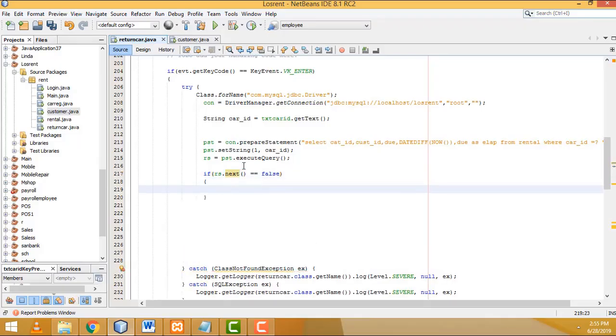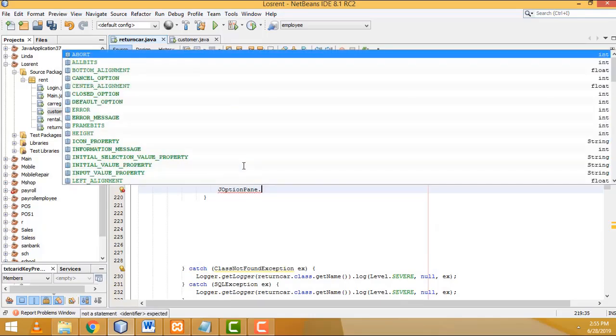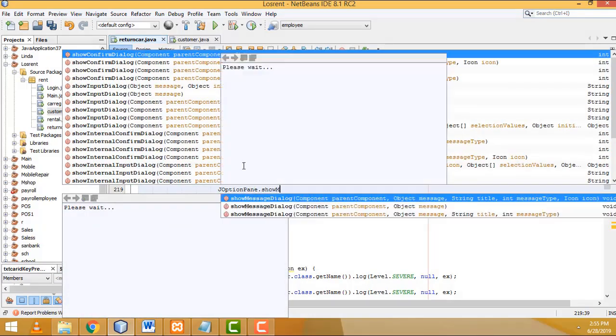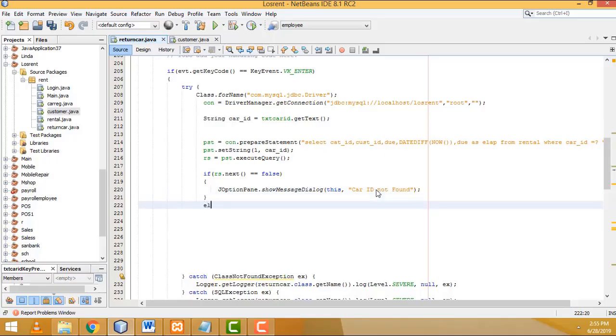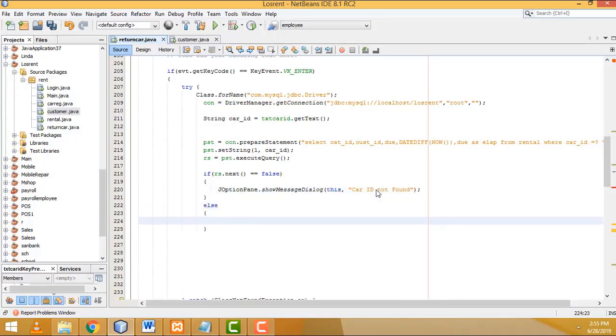you have to write here JOptionPane dot show message dialog. This you have to write here: car ID not found, right. Else you write here